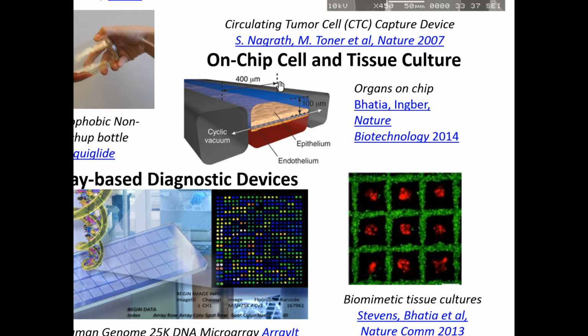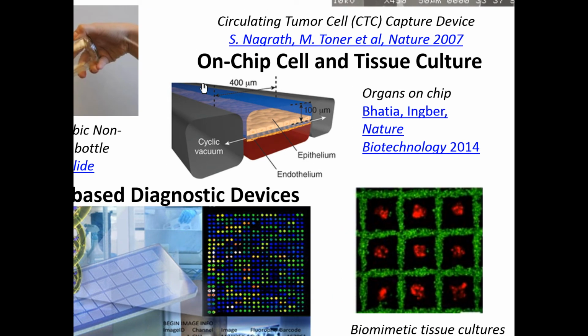We saw this example in the first lecture when I was talking about organs on chip. This is a relatively recent Nature publication. They have two microfluidic channels separated by a membrane. In the top channel, they flow in one cell type, epithelial cells, and on the bottom channel, they flow in endothelium cells. The membrane is functionalized so that the cells can attach to it. Okay, so we're intentionally trying to attach cells to the surface so that they will grow properly inside the microfluidic